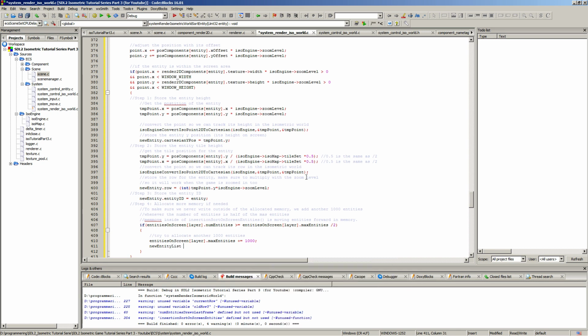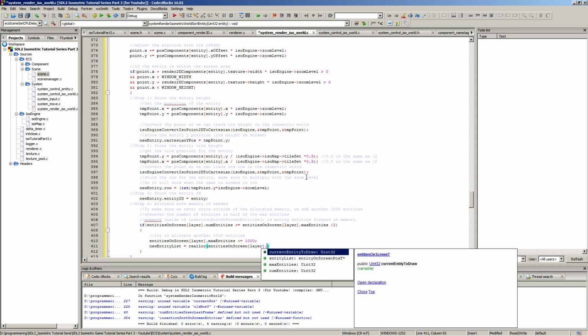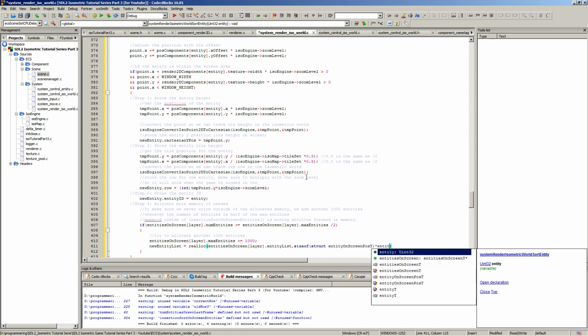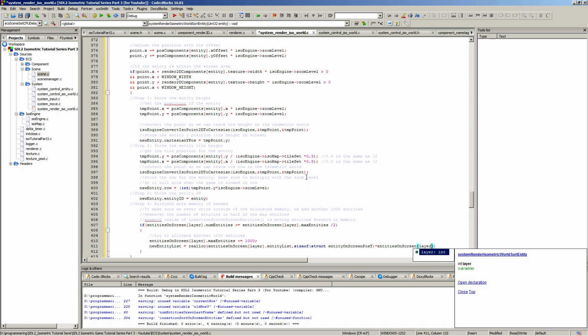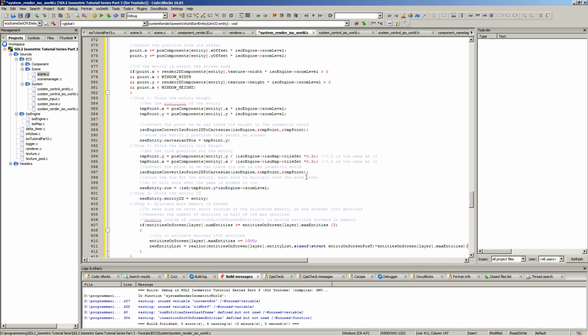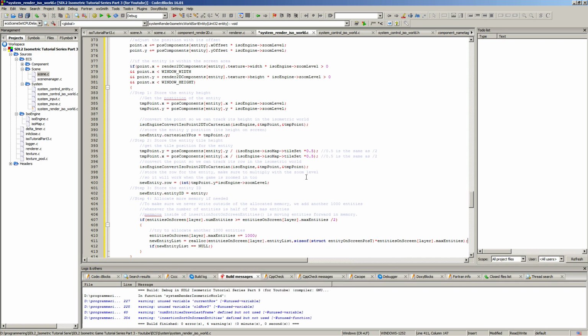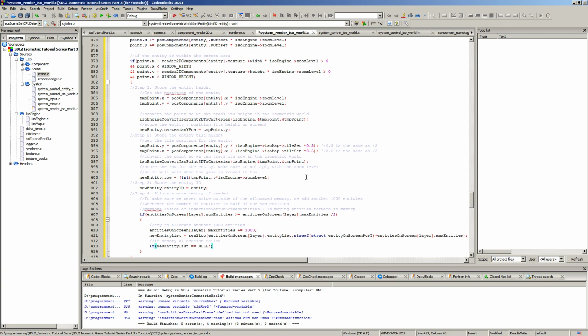New entity list here is going to be equal to realloc. We're going to get entities on screen, we're going to take the layer entity list, and we're going to say size of struct entity list on entity position T is the one we want. I'm going to multiply this with entities on screen layer dot max entities, of course. And if the new entity list is null, if memory allocation failed,